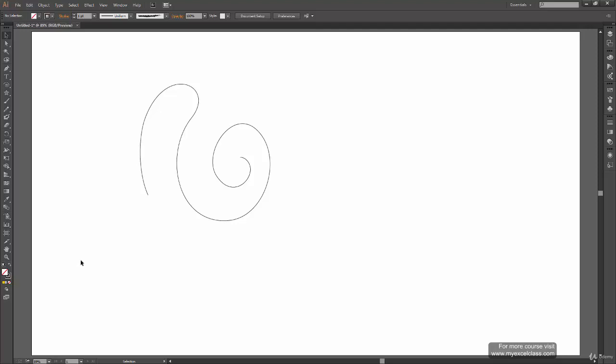Now what we are going to do is create some examples using the pencil tool, and we will try to use our direct selection tool and all the previous concepts we have learned so far. There are two kinds of examples we are going to see. One will be sort of a sketch and the second will be a sort of finished design we are going to create. So yeah, let us start with our pencil tool.